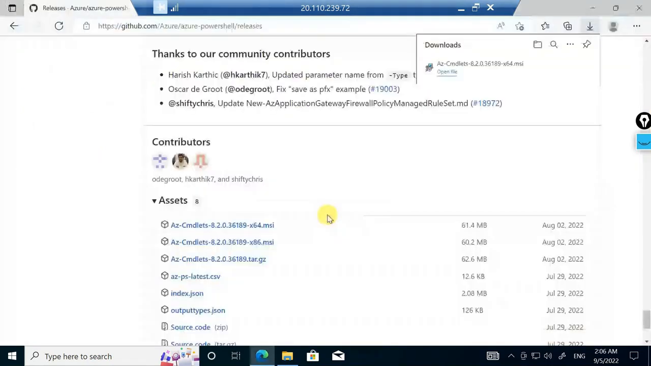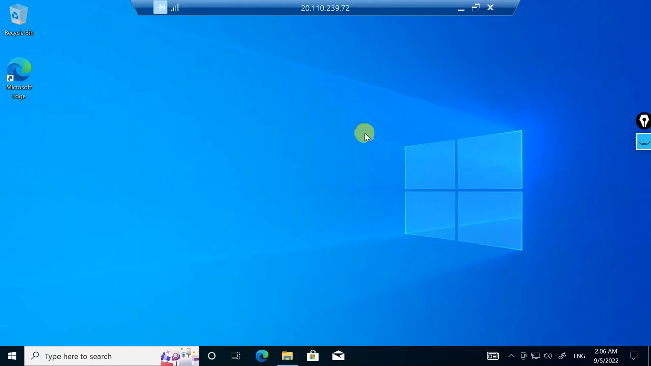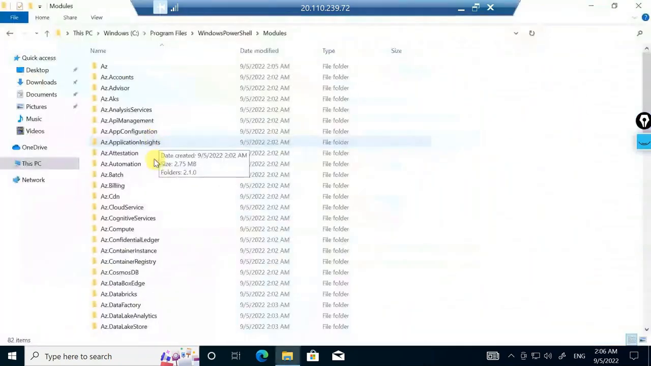After installation, you'll have to close and reopen PowerShell. In some cases, you might also require a system restart. In very rare cases where the modules are not being installed, you might go ahead and restart your systems. In my case, let's go back, and inside this folder, if you see, there were initially